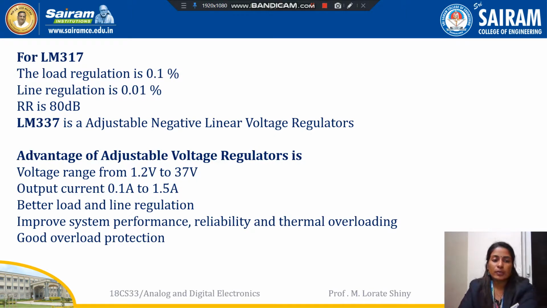Also improved system performance, reliability and thermal overloading, and it also has good overload protection. So these are the advantages of